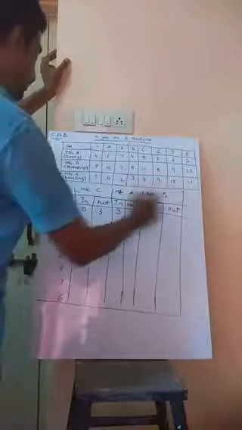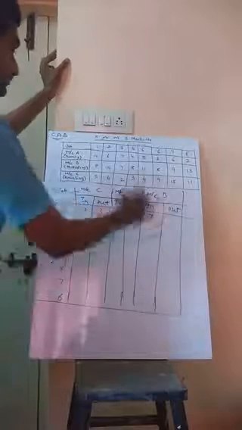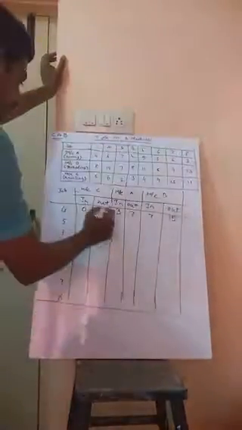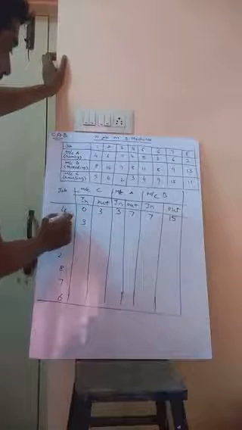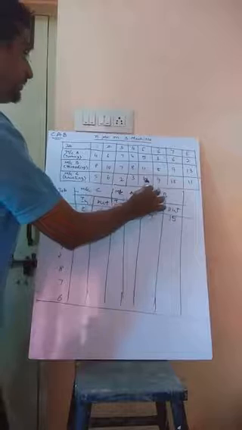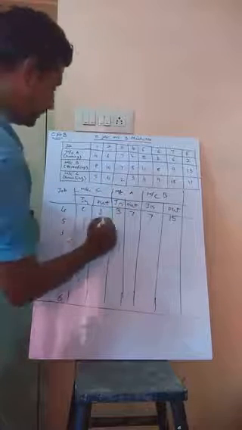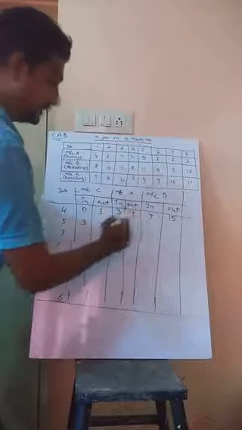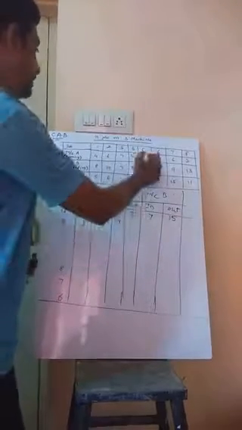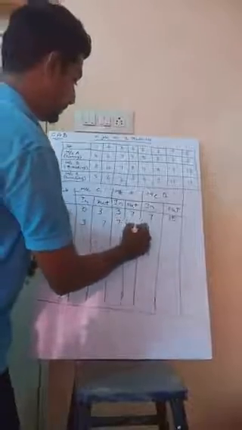Okay, here for job 4 on machine B, it is 8. 8 plus 7, it is 15. Again, take the same value 3 here. Okay, for job 5 on machine C, it is 4. 4 plus 3, it is 7. Here there are same values, so we can take any one value. Okay, for job 5 on machine A, it is 5. 5 plus 7, it is 12.